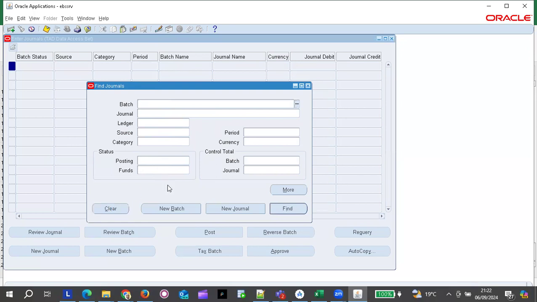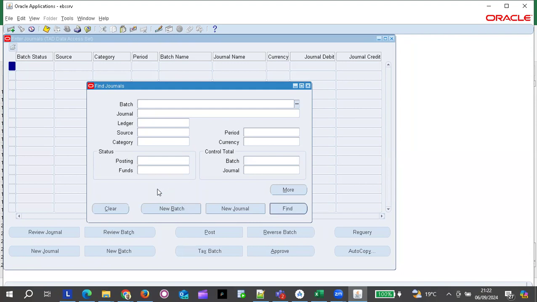Then if you want to create a new journal, you can click on new. Then we have new journal batches, whereby you group several journals in a certain batch or in batches. You will click this icon,